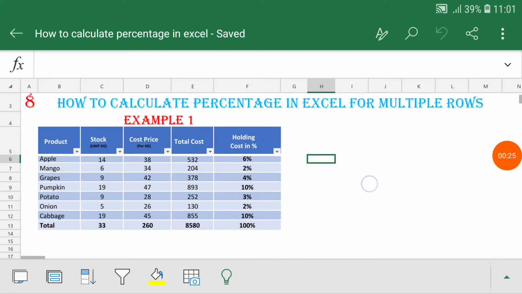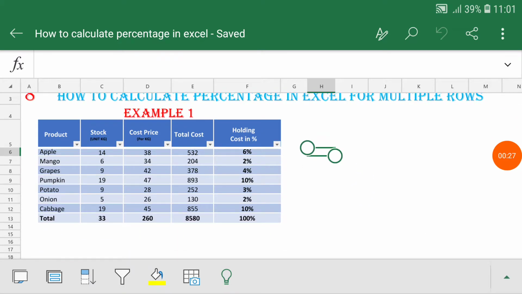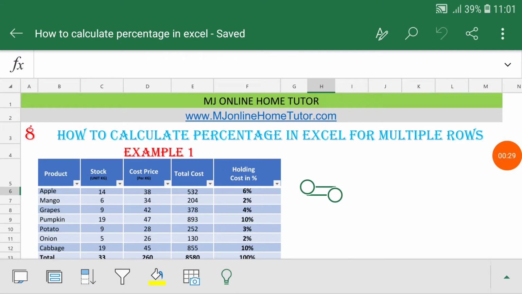In this video we also create a few charts like a bar chart and a pie chart. And the most important thing: this is the mobile training version, but you can apply this formula in the desktop version because this is a Microsoft official app. So you can apply the same formula the same way in your desktop version as well. So don't worry about it.